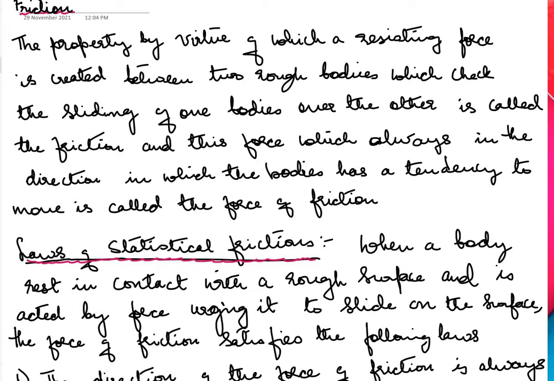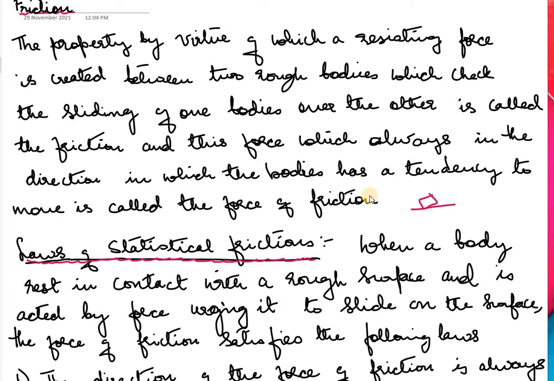What is the definition of friction? It is a property by virtue of which a resisting force is created between two rough bodies which checks the sliding of one body over the other. This is called friction. And this force, which is always in the direction in which the body has a tendency to move, is called the force of friction. So if you have two rough bodies